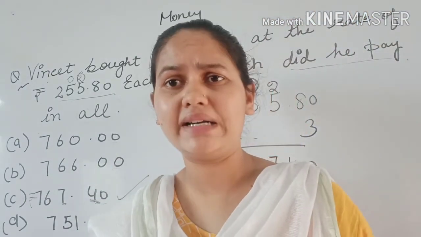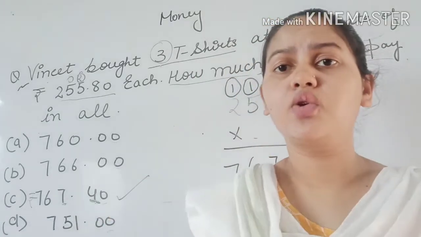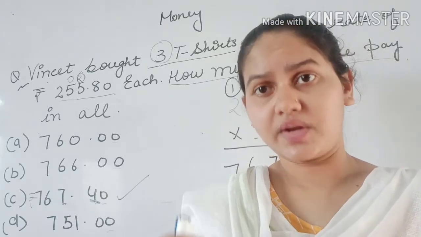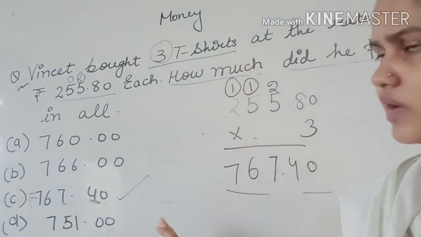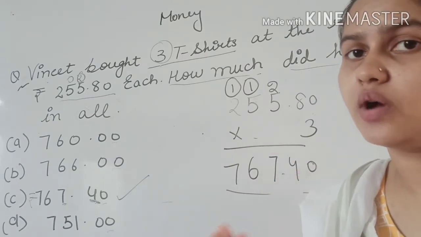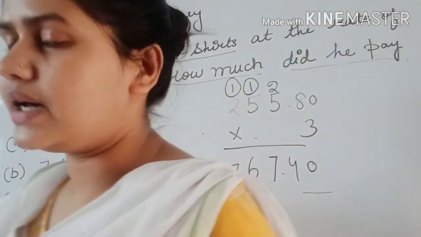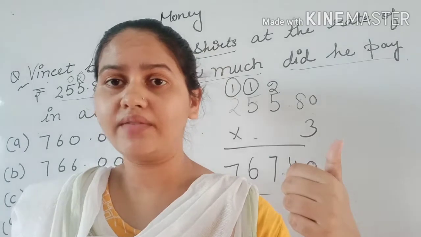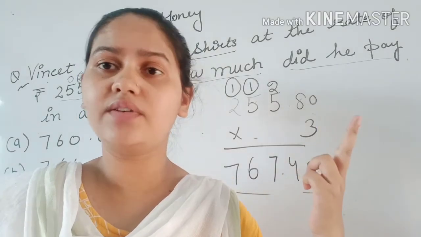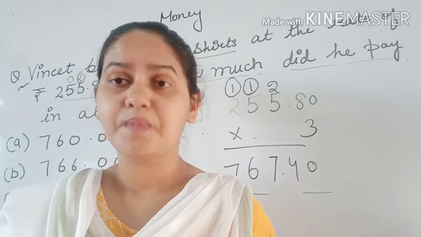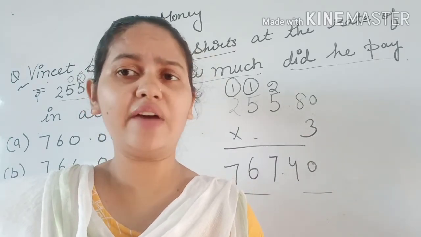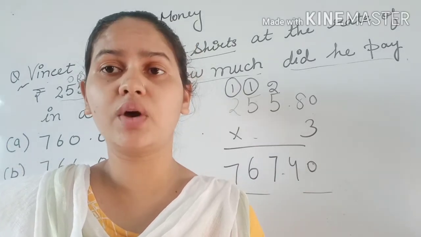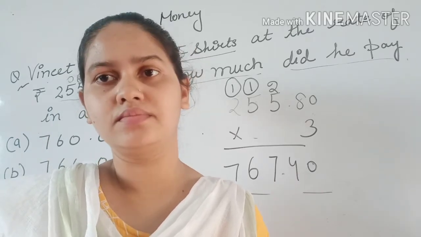Okay, if you have any problem regarding this sum, how you have to do the quick method, for the quick method, remember you have to learn your tables. Okay, so this one is important for you. So this one is your multiplication in your money section, how you have to do this one. This one is done. Let's do the other one. The other one will also be the division method, right? As we have done addition, as we have done subtraction, as we have done now multiplication, now let's do division. But at the end of the video, I will give you some equations which you have to solve by yourself, some sums given to you, for you to practice at home at least.